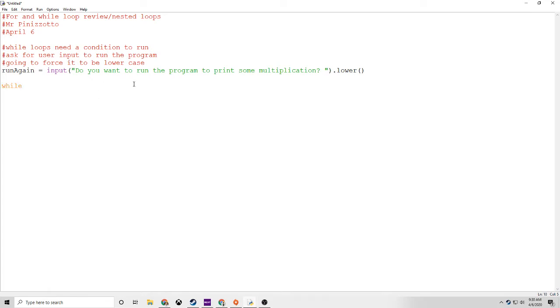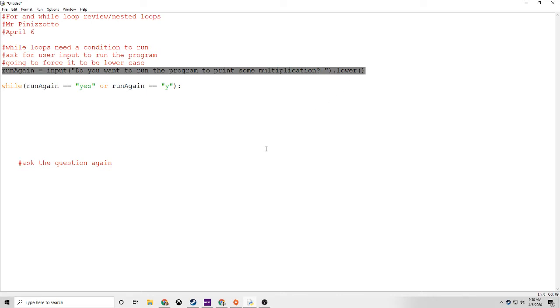Now I'm going to say while run again equals the word yes, or run again equals a y. This is basically how our while loop's going to run. And the last thing we're going to have here is ask the question again, because if we don't ask the question again, then our loop will run forever, which we don't want because then it's harder to quit. So then I'm just going to copy this,